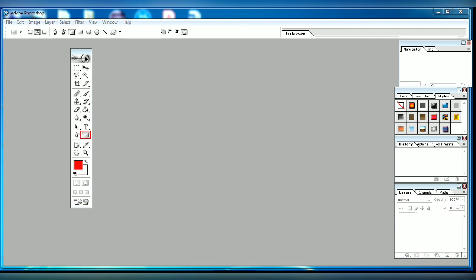This is the rectangle tool. You can draw shapes. This is your note tool. This is your eyedropper. This is your hand tool. This is your zoom tool.